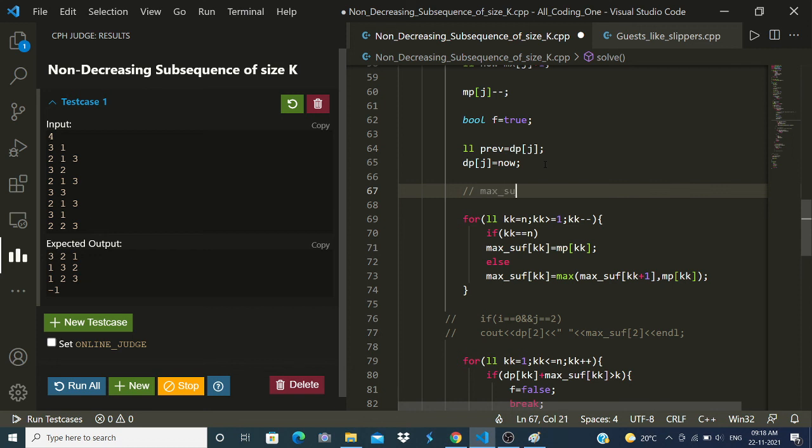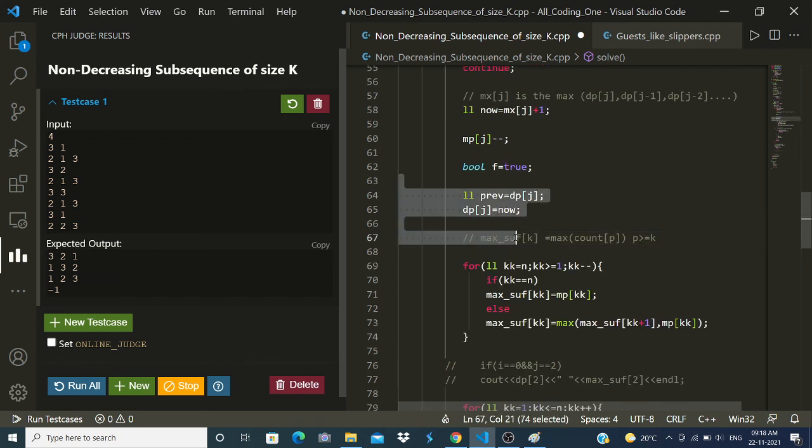So maximum suffix of k is equal to the maximum count of all the elements, let's call it p, where p is greater than or equal to k. So maximum suffix will be storing the maximum count, right? So since I updated this count of j over here, I need to calculate this maximum suffix array once again.